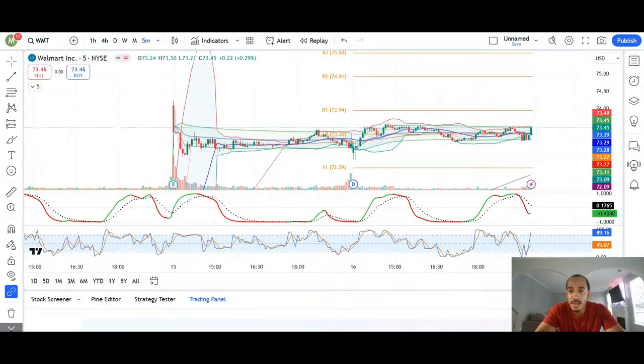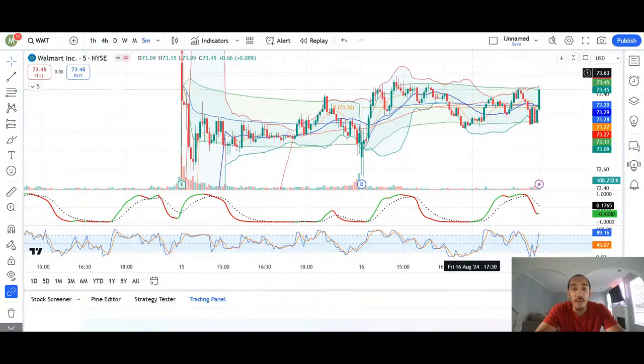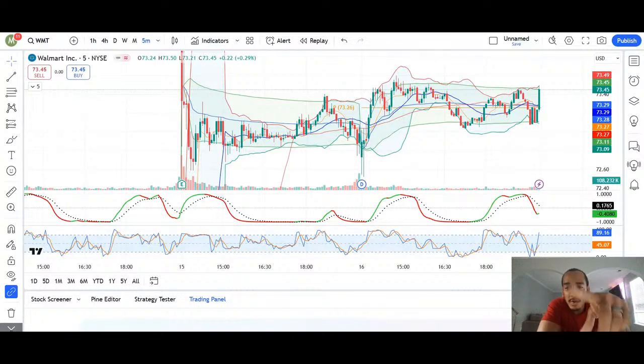And the VWAP is one of the realest levels of support and resistance. If you could see these green lines, there's two of them. Literally, if you look over to the right, you got the candle touching the bottom. The last two candles on this time frame, you got one touching the bottom of it and one touching the top of it. The VWAP is a very strong level of support and resistance.